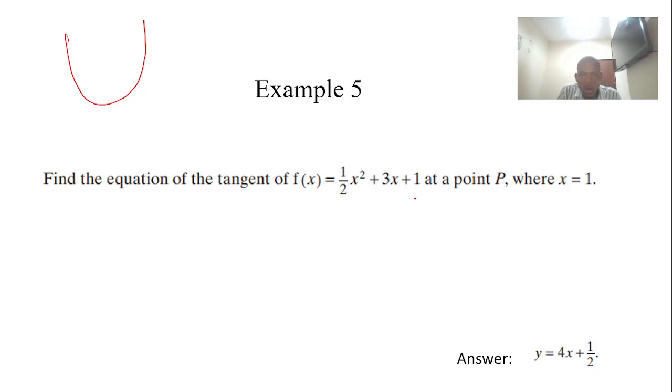So now at the point s equal to 1, the tangent line can be something like this. My tangent line, don't forget, like that. So now we want to find the equation of this straight line at this point where s is equal to 1. Now the first thing I'm going to do here is to find the